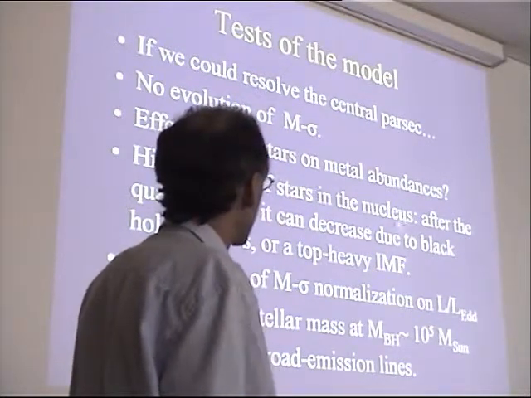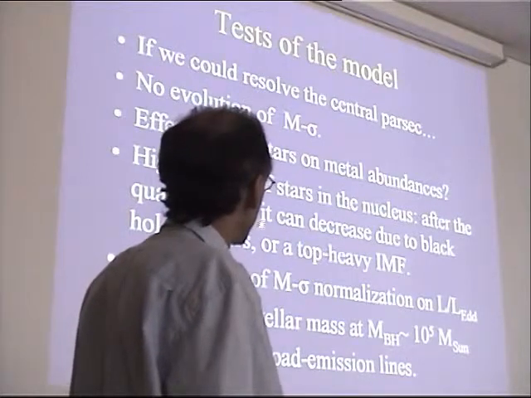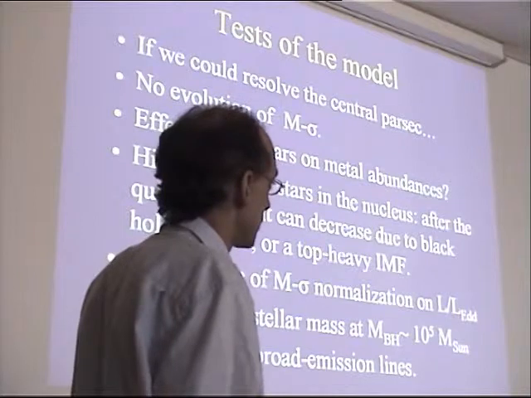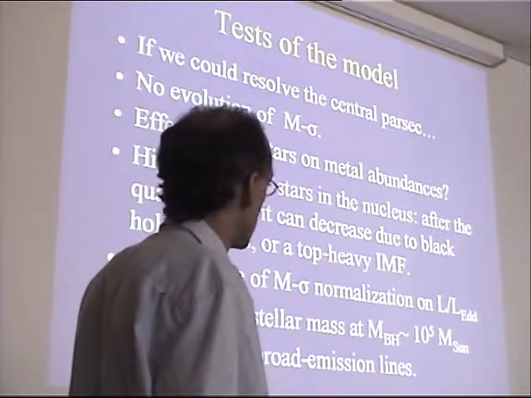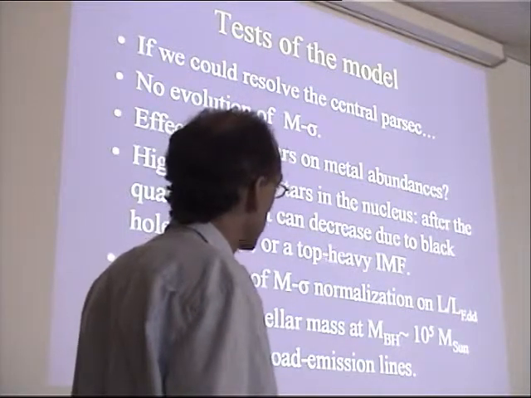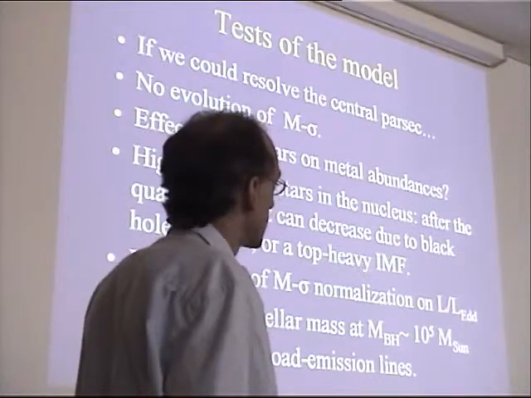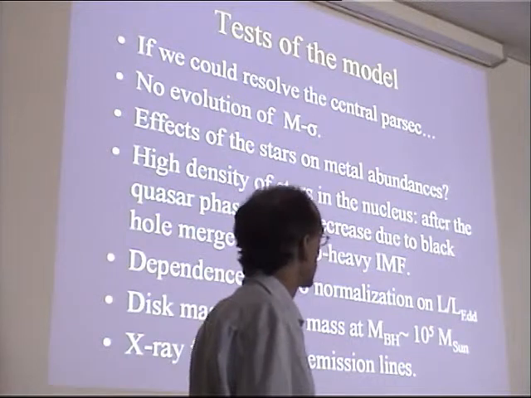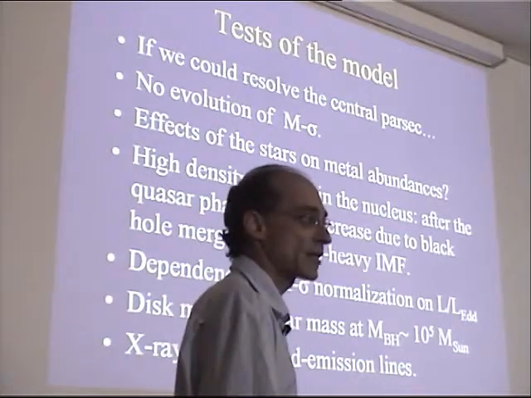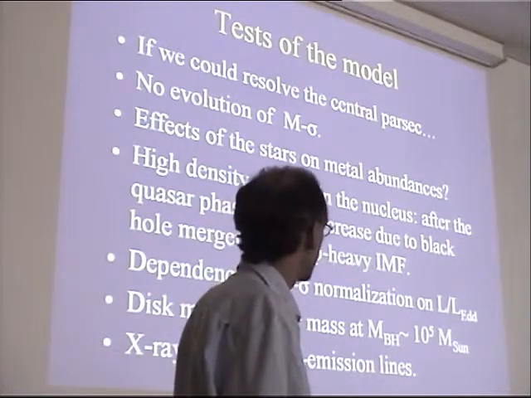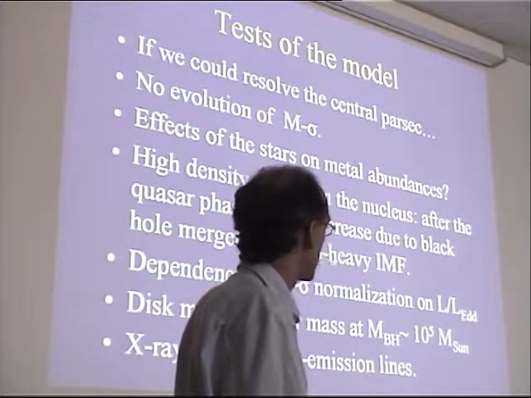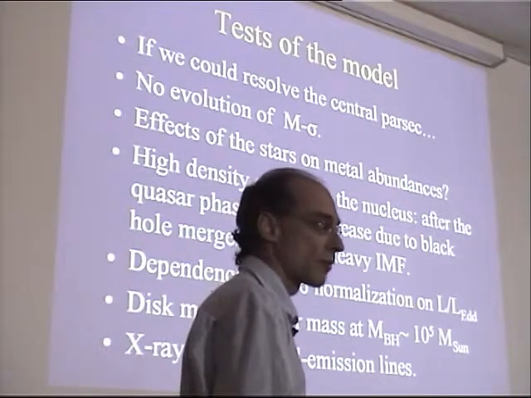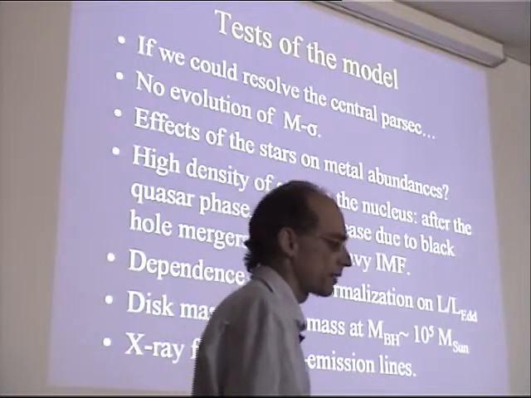But what can happen is that after the quasar phase, the density of stars can decrease due to various dynamical processes, such as black hole mergers, which may create cores in elliptical galaxies. We may also have a top-heavy IMF. There's increasing evidence that in regions of very high density, we have a top-heavy IMF, so many stars with a high mass. And then, of course, after a while, all these stars would have evolved, and we'd see very little light today close to the black holes in the center. We just have the stellar remnants left.